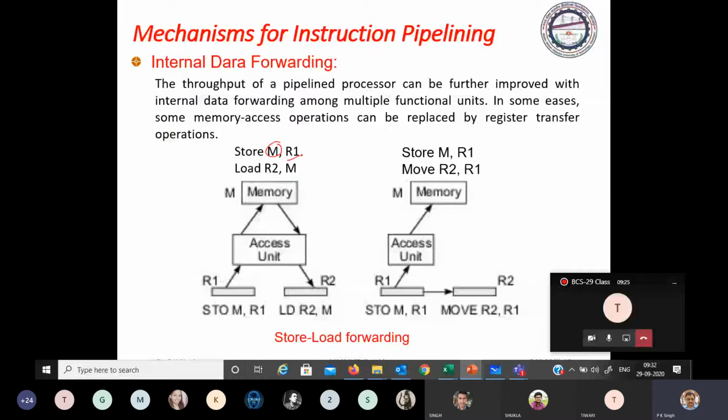It means the content of register R1 is first stored in memory, and the same content is loaded into register R2. So we have to perform this operation. The content of register R1 through the memory access unit will be loaded to memory, and again